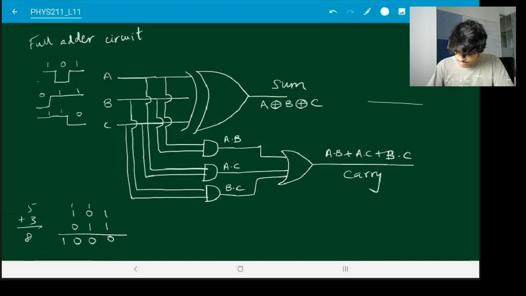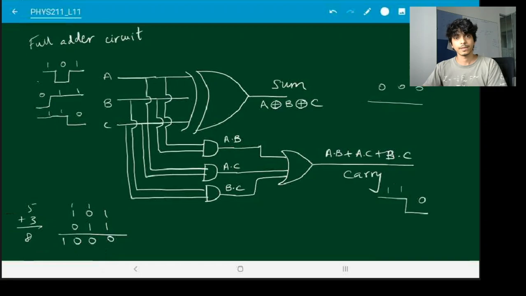The carry that you will get will be 110. And it is this carry which will be fed back into your C. So that is how you will implement a full adder circuit and do additions. This is the most basic building block in any kind of processor. This is how any arithmetic operation is done in an electronic circuit.